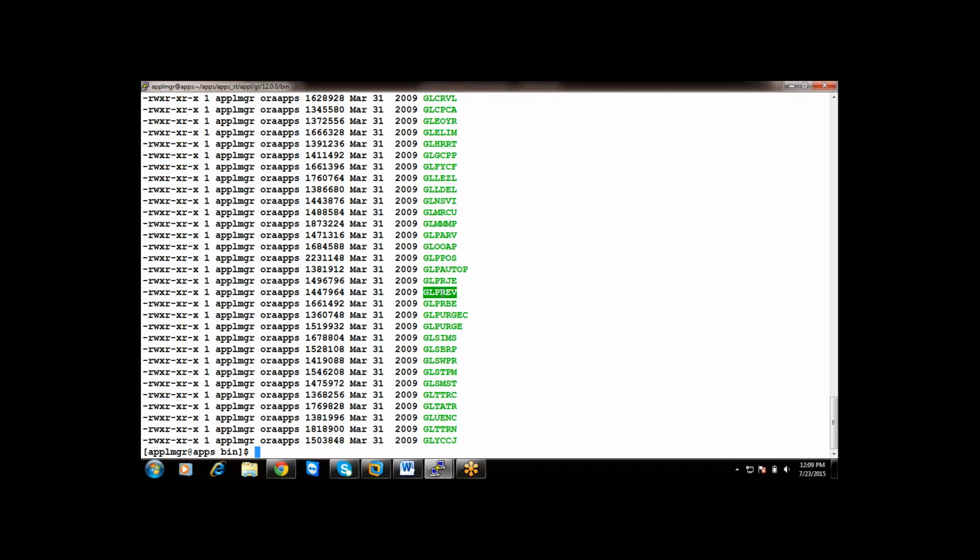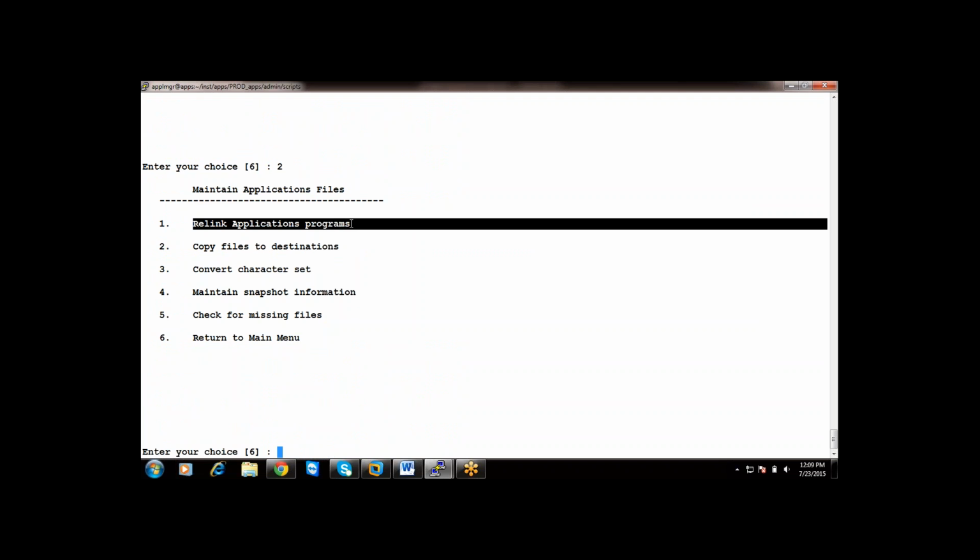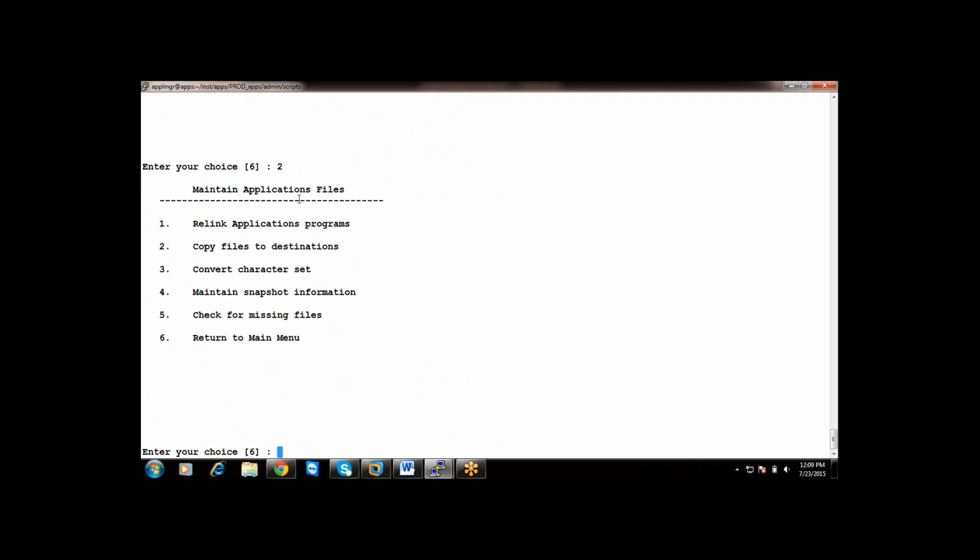What if I miss any executable at this location? With the help of AD admin, maintain application files, relink application programs is the option you have to select under AD admin, whenever you want to generate product related executables apart from AD.